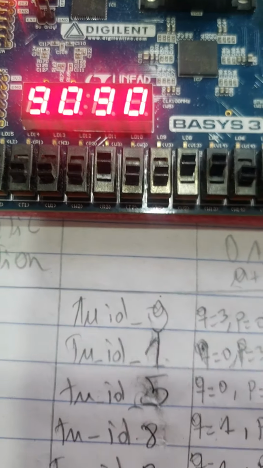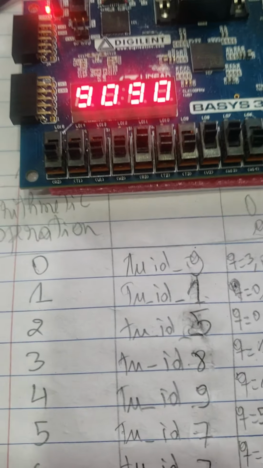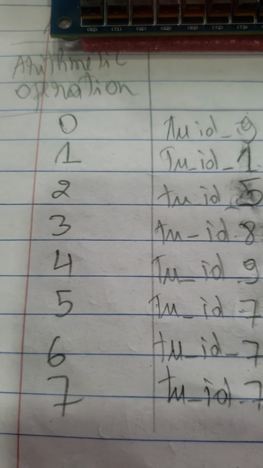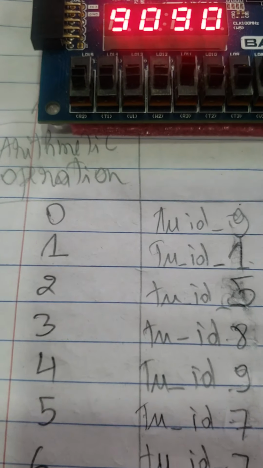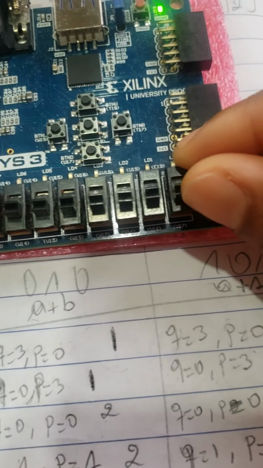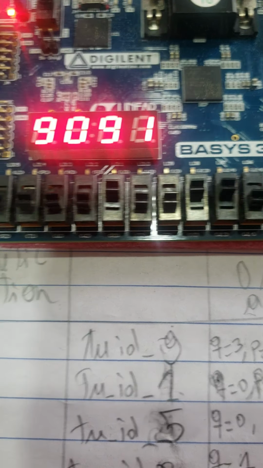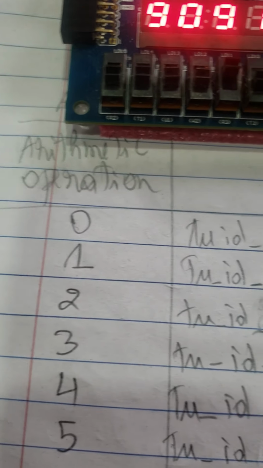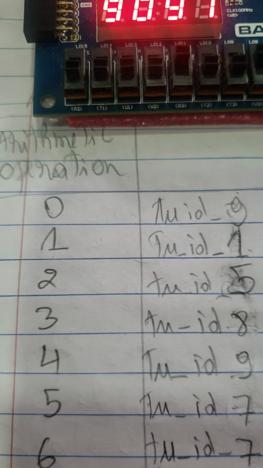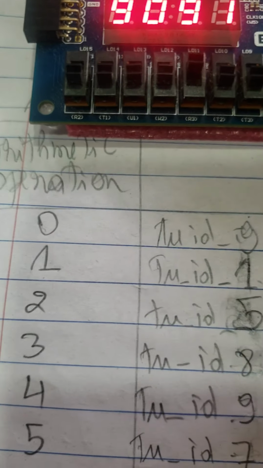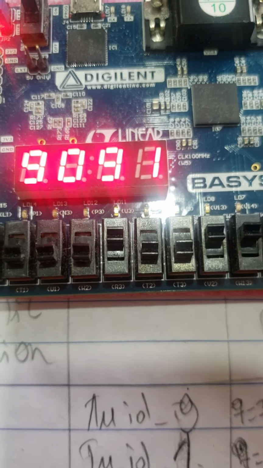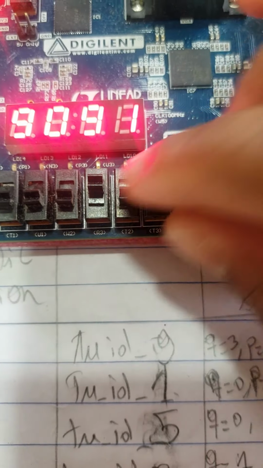So it's safe. In order, we have to write all this into the memory. So we're going to continue with address 1. Address 1 is showing in G0, and 1 corresponds to TUID 1. In order to write the TUID 1 in digit 1, we're going to have to manipulate the switch from 8 to 11. So 1 corresponds to